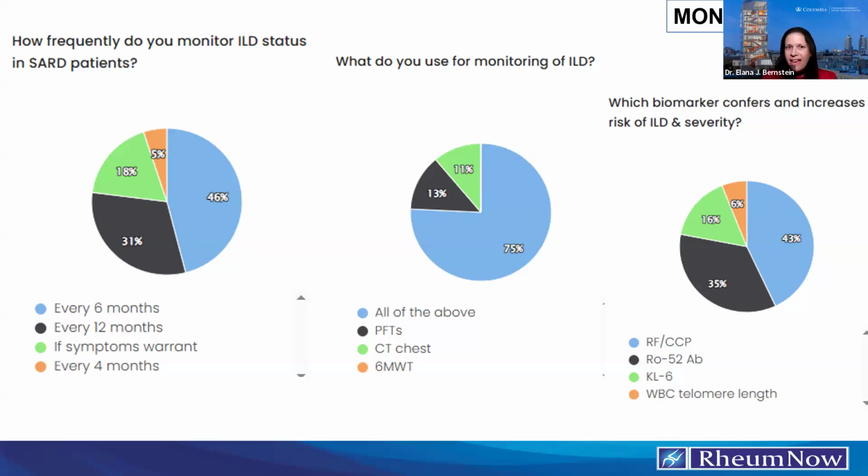I'm hoping that at some point we can get this at point of care, because especially in SSc-ILD, it is a really good predictor of patients who will have progressive SSc-ILD. It's really good, but when it's done in Japan. So, time will tell. Do any of you order Rho52 or telomere abnormalities?